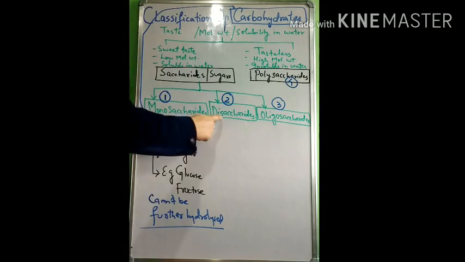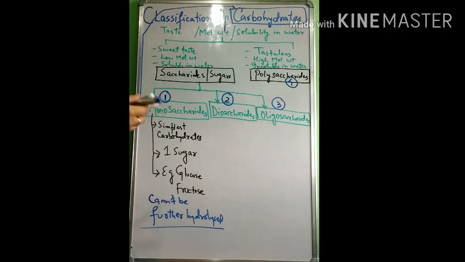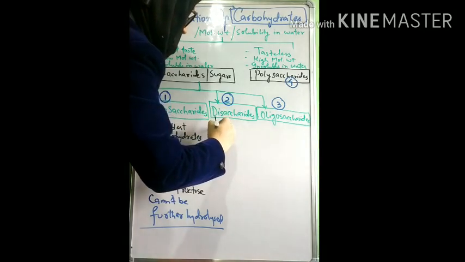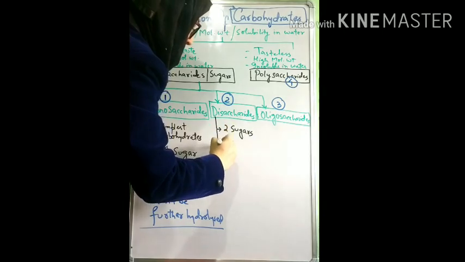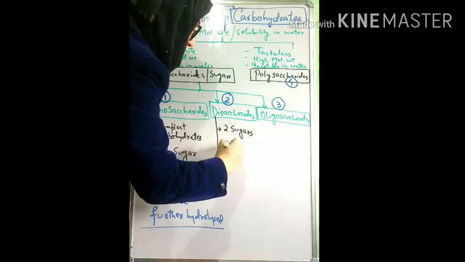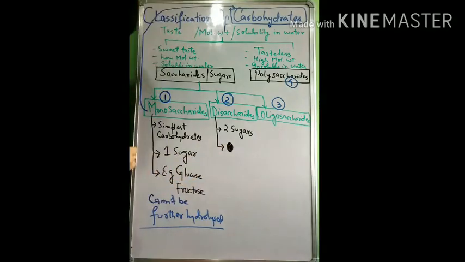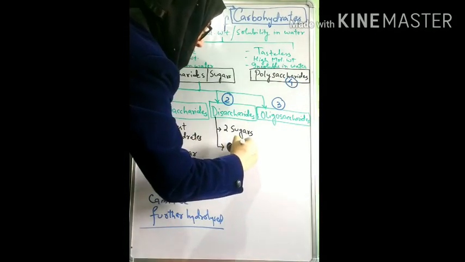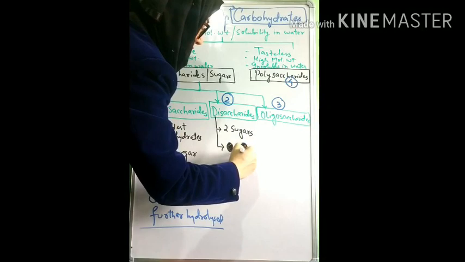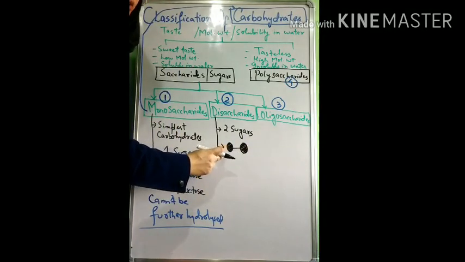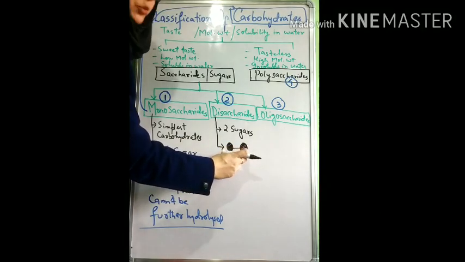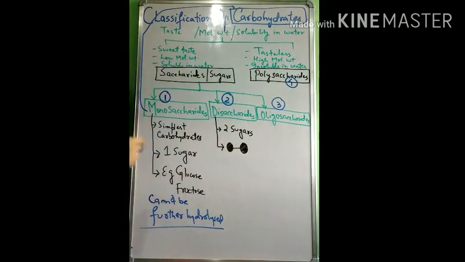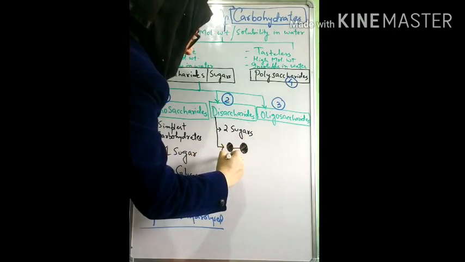Now, if you look at disaccharide, what are they going to be? They are going to be such carbohydrates which contain how many sugars? They contain 2 sugars. So, it will be something like this. 1 sugar, say for example, I will be taking glucose attached to 1 more glucose. What is this? It's not 1 glucose. Over here you had 1 glucose. Now you have 2 glucoses attached to each other. It doesn't remain monosaccharide now. It becomes disaccharide. What is the name of this disaccharide? It is